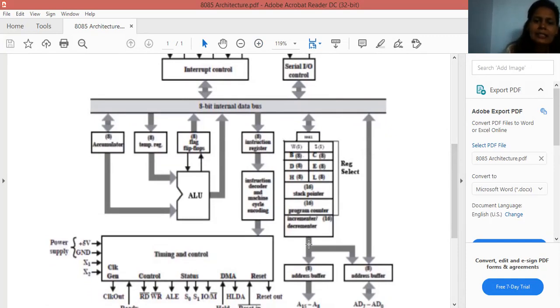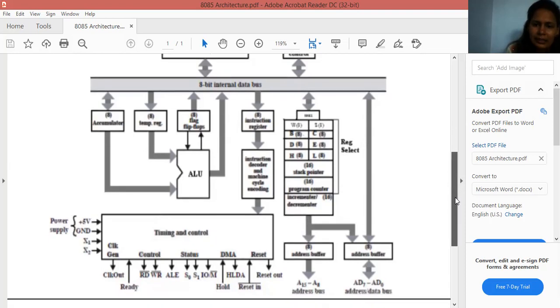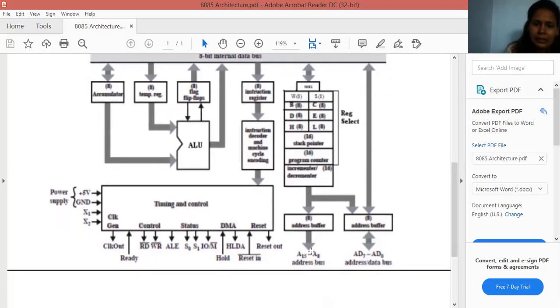This address will go through the address bus. This address bus will split into two parts. Here, A0 to A7 address bus, and here A8 to A15 address bus is available.